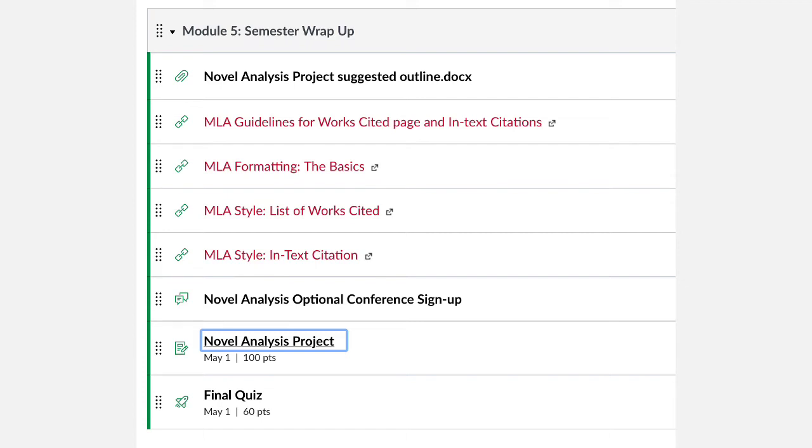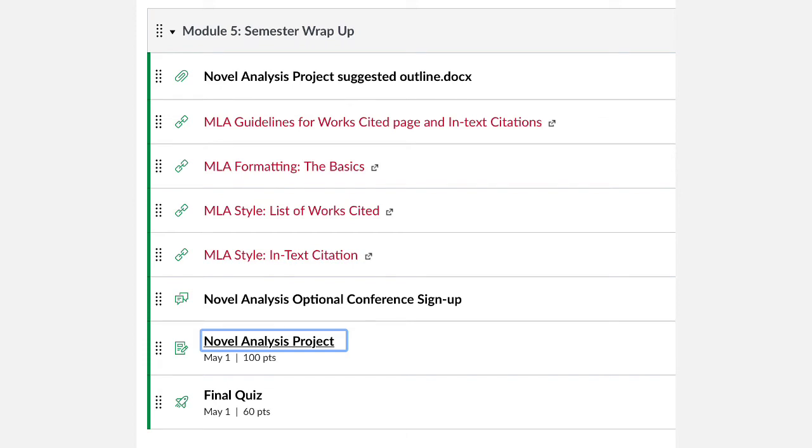If you are not sure how to use the MLA guidelines for putting together the entries for your works cited page or how to cite your sources in the text, there's a link to a very comprehensive explanation of how to do that, the format to use for putting your citations together. And then I have listed 3 short videos that cover how to format your paper. And when we say formatting, we're thinking of things like the heading, the margins, the spacing, those sorts of things.